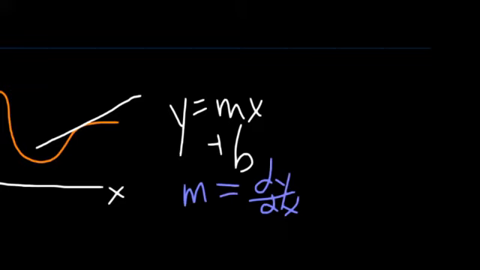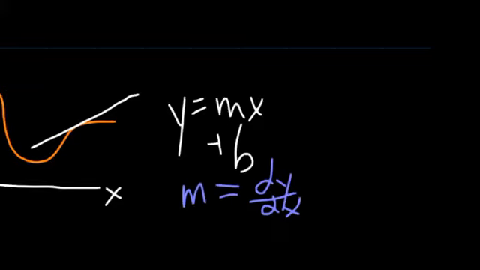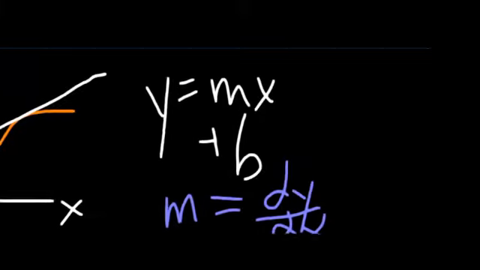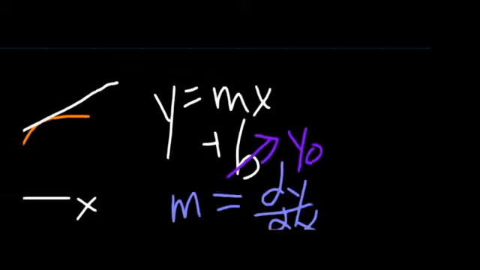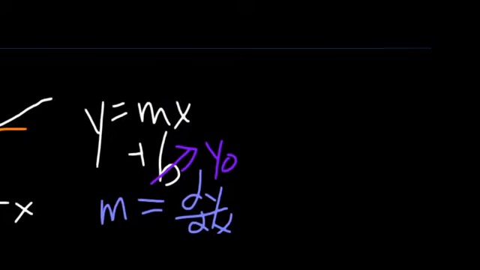Let's remember that b is a value of y, a sort of initial value of y. So let's say this is just a value of y, let's call it y0. So we have y minus y0